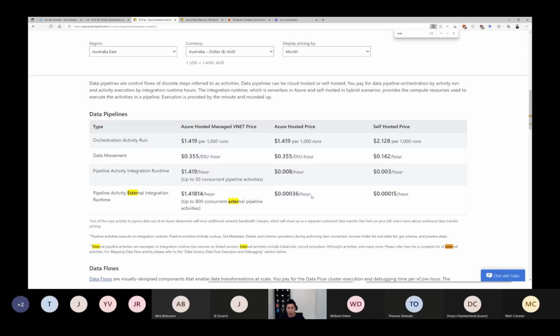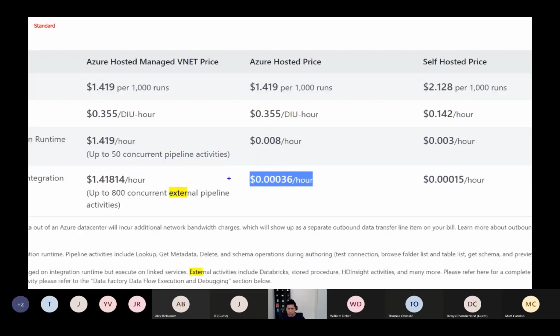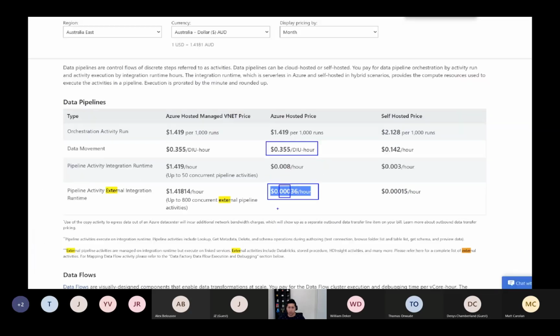Here, the actual cost, you can see that if you run a stored proc, this is what you'll pay per hour. If you run copy activities, this is what you'll pay per hour. So you can see that we're talking about 1,000 times cheaper to use stored procs and external activities